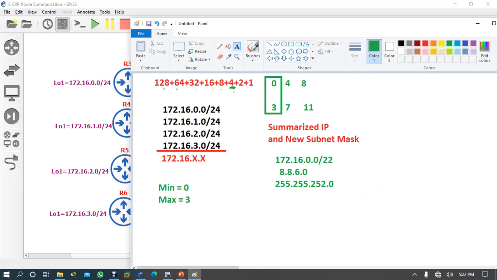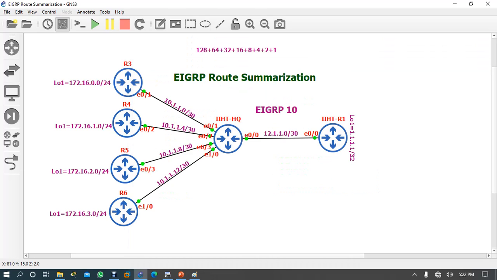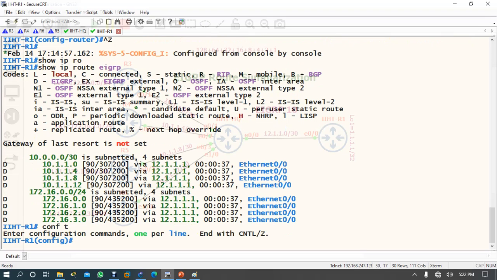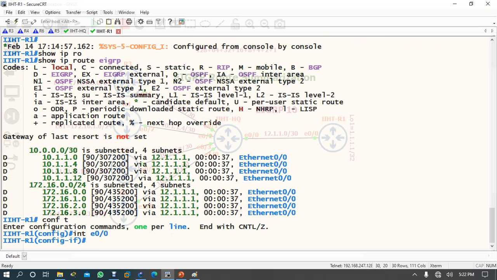Okay, so now let's come here. Let's come on R1, conf t. We have to come to interface E0/0.